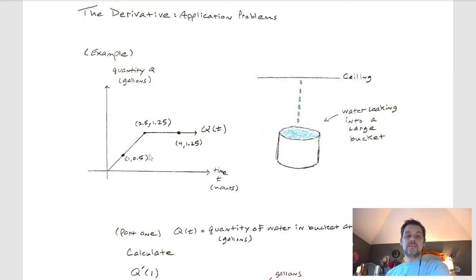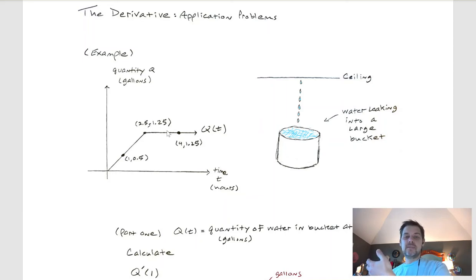Okay. So look at it like this. Here's the data that's in the graph. So I've got time t on the horizontal axis, in hours, and I've got quantity q on the vertical axis, in gallons. This point, 1 comma 0.5, says at the 1 hour mark, there's half a gallon of water in the bucket. This point, 2.5 comma 1.25, says at the 2.5 hour mark, there's 1.25 gallons of water in the bucket,